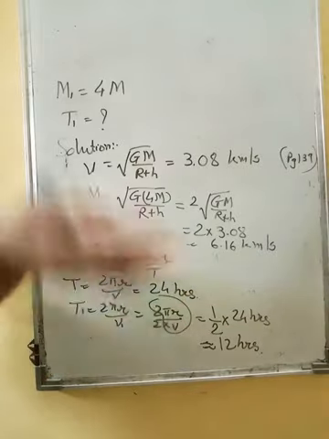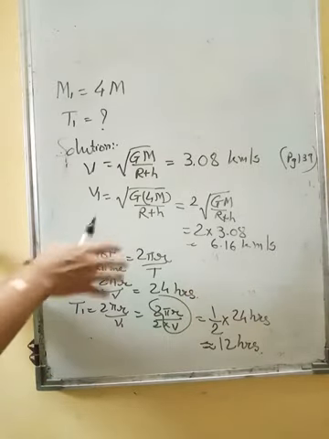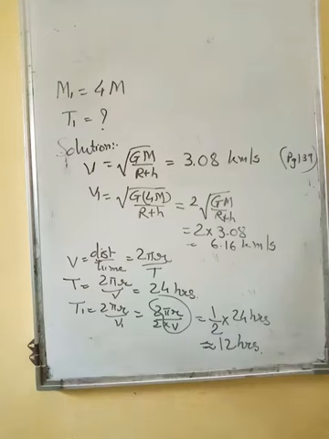When they say ना कि मास डबल हुआ, ट्रिपल हुआ, 4 times हुआ, so this is a shortcut way you can use. But for that you should know about the earth. And instead of learning all those big calculations, it's better to learn these small values. For example, t is 24 hours, v is 3.08 kilometers per second, and escape velocity is 11.2. So like that, some values you are going to learn by heart, then the sum becomes easy.